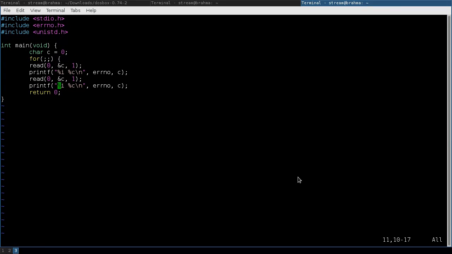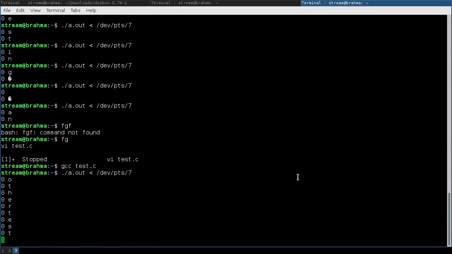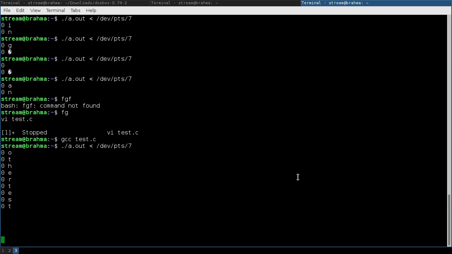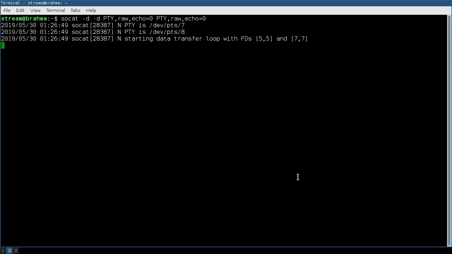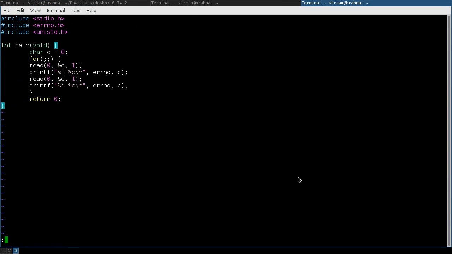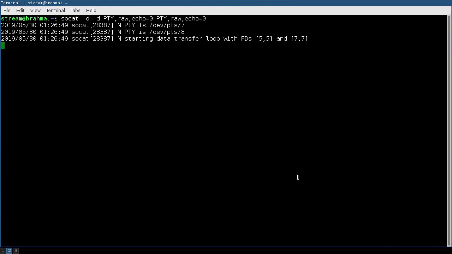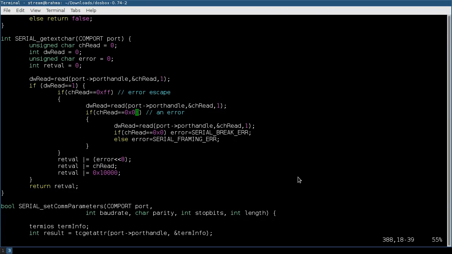Let's just make that an infinite loop. And let's print 0xFF into it. Oh, sorry, that's the wrong end. Yep, that seems to work fine. Okay, DOSBox, you're weird, but I love you for it, I guess. That's some deep, dark programming weirdness. I don't like it. It makes me sad, but